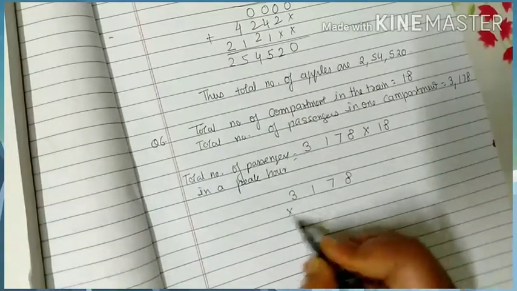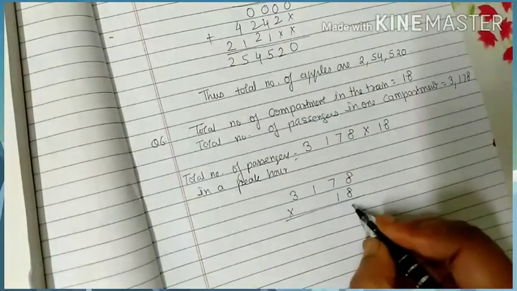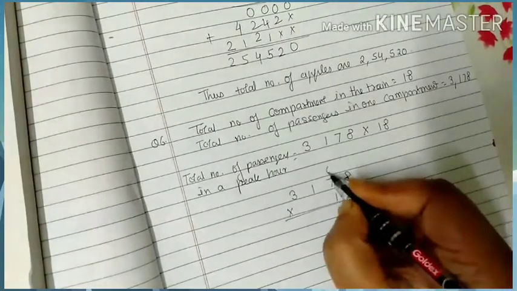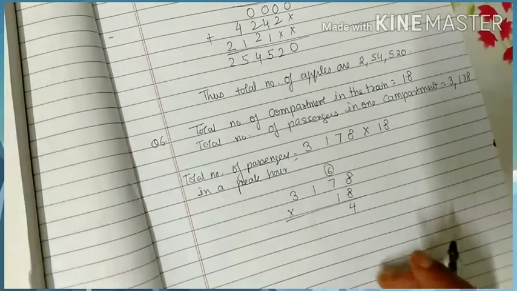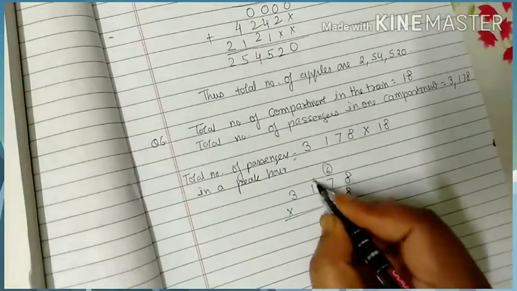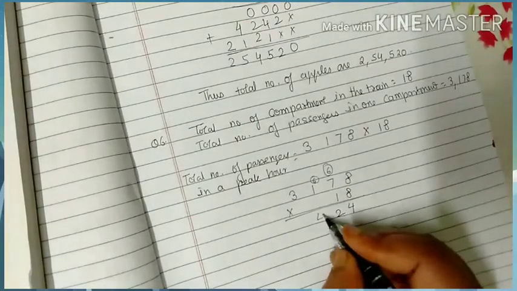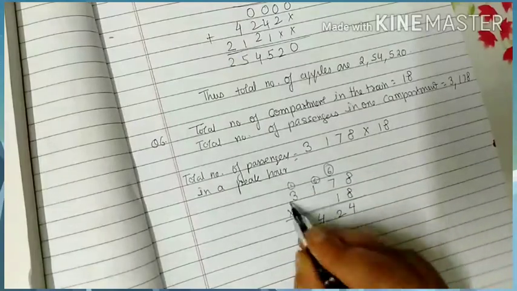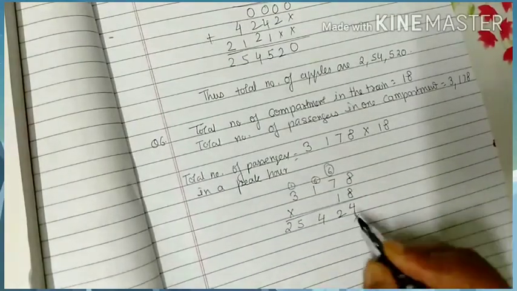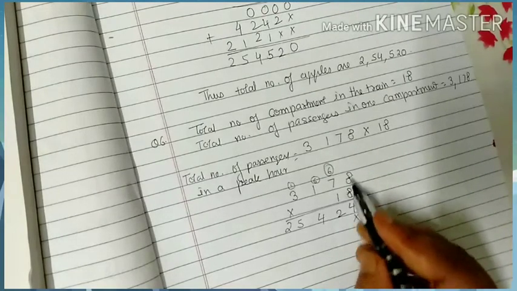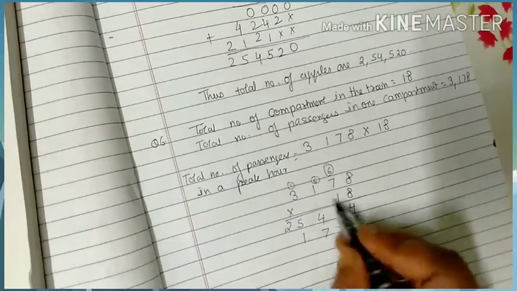सो आप क्या करोगे? 3,178 you multiply with how much? 18. Now 8 8 ja 64. So write 4 here, 6 up, 8 7 ja 56, 56 plus 6 that is 62. 2 6. 8 1 ja 8, 8 plus 6 is how much? 14. 1. 8 3 ja 24 plus 1 25. Now let's cross here. Let's go to the 10th place. 1 8 ja 8, 1 7 ja 7, 1 1 ja 1, 1 3 ja 3.